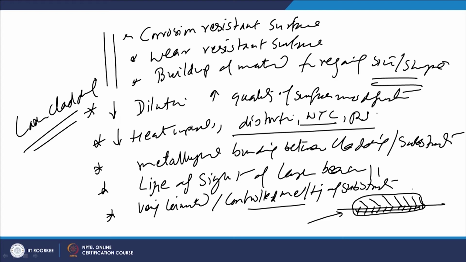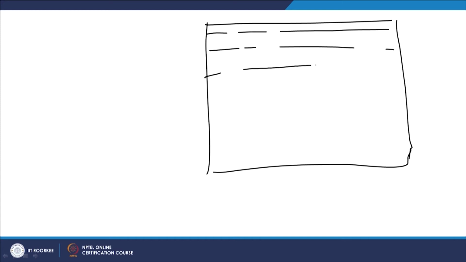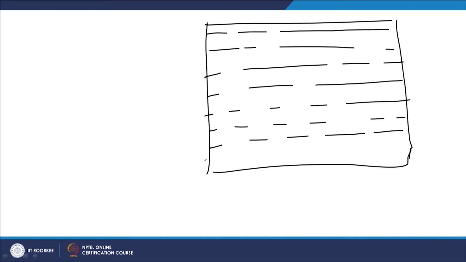And whenever it is applied, how it is applied, because the laser beam diameter is very small, and if a large area is to be scanned, then say we are using the pre-placement technique, then the material to be applied will be spread all over the surface, either in the form of paste or by thermal spraying, and then after applying the material on the surface of the substrate, the laser beam will be scanning the surface one by one like this. So, the laser beam will be passed through a particular path, so that the fusion of the material applied on the surface and the substrate can be facilitated for the surface modification, and thereafter it will be tracking another